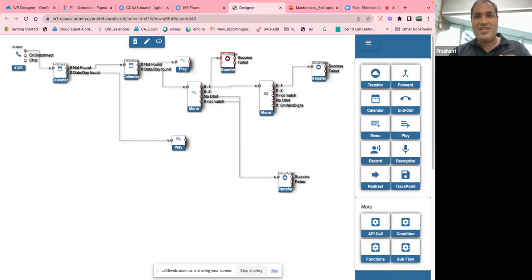Now let's say your agent has answered the call. It is always on the success node. So the way we know the agent has answered is if an agent disconnects the call, it lands here. If I have not configured anything here, it means that by default it cleans up the call and the call